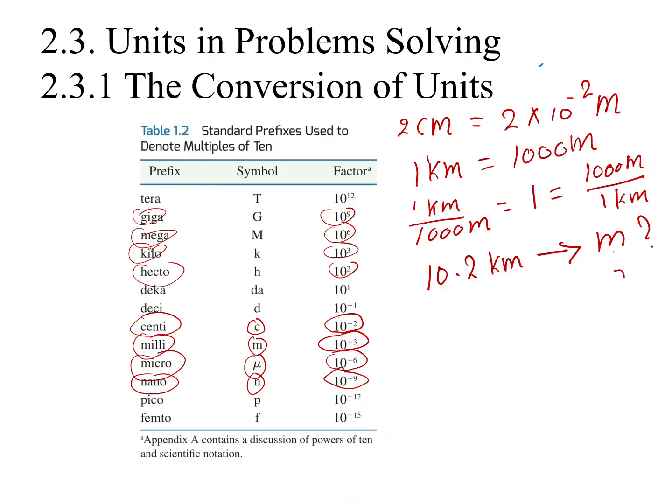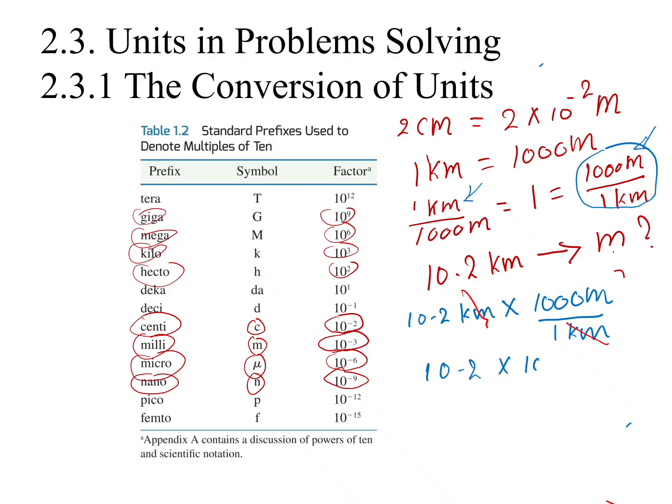Now, if you look here, we have 10.2 kilometers multiplied with 1000 meters divided by 1 kilometer. You see, from these two fractions, we selected this one because we can make sure this kilometer cancels out if we use this. So kilometer cancels out, and the final answer will be